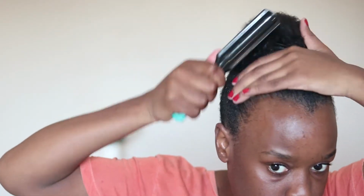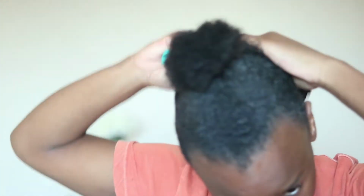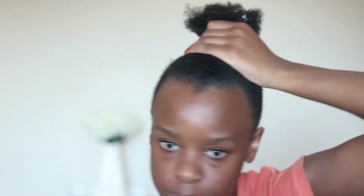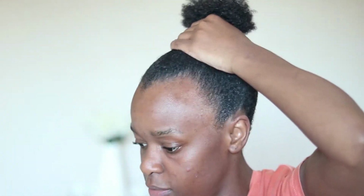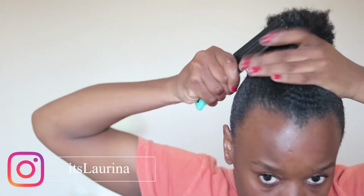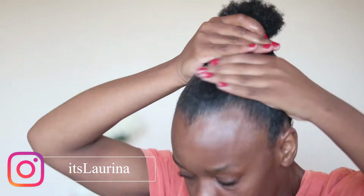So there's obviously a lot of combing and brushing that goes into this hairstyle, and that's just to make sure, especially if you have short hair, that you gel down all the hair and that you don't have any flyaways that will show through the hairstyle. So yeah, the longer your hair is, the less you have to comb it out. But because I have different length hair throughout, I have to comb out certain areas a lot to make sure that I